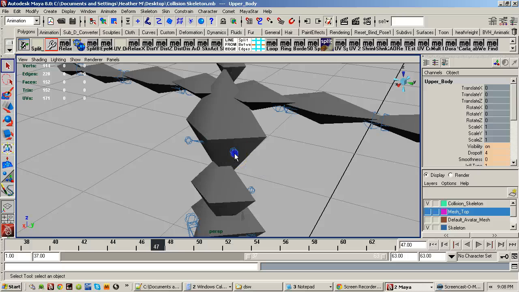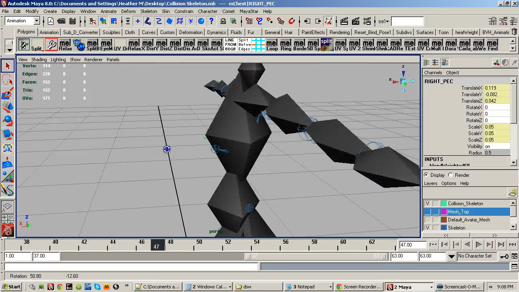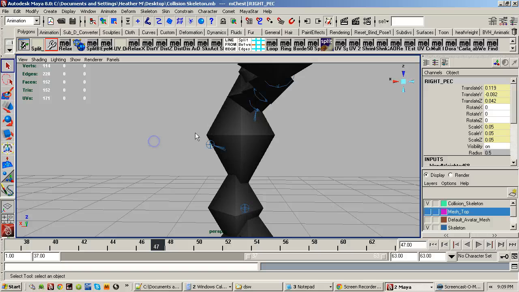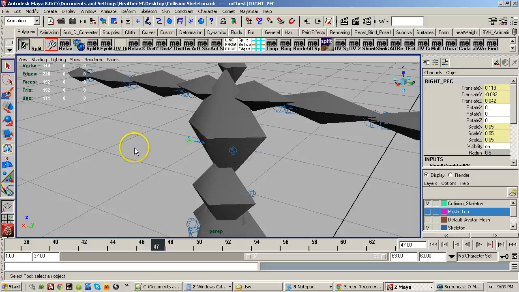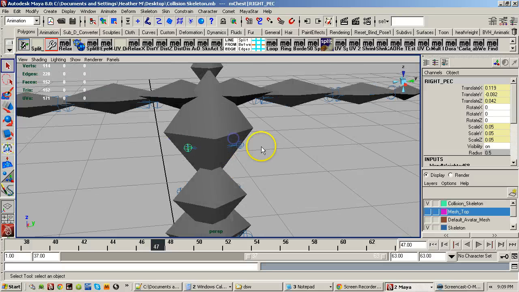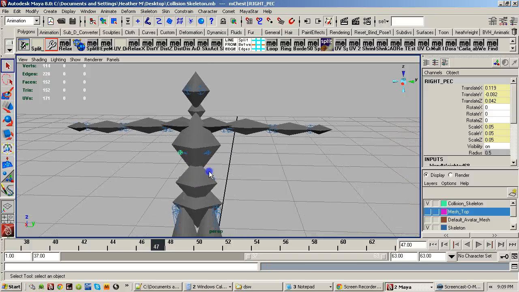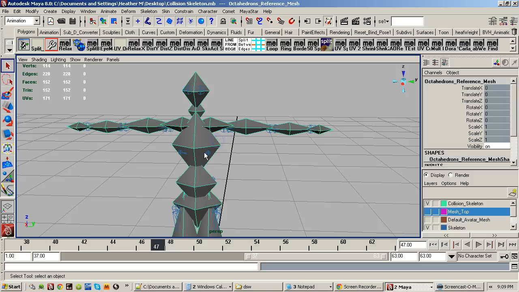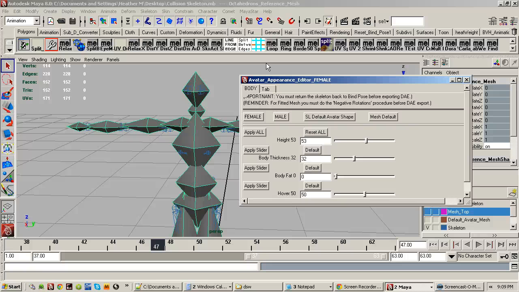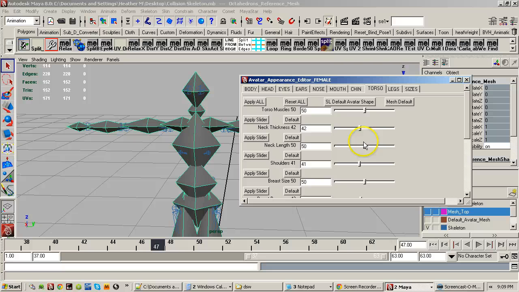Now, you'll notice that we have these two pec bones. Well, those were added later. And you can see that I guess they figured that this little point out here was enough to represent the breasts if something were to hit the body. And so the collision skeleton mesh needed to change shape to sort of match the rough shape volume of your avatar, so that if you were to, say, change the size of the hands,